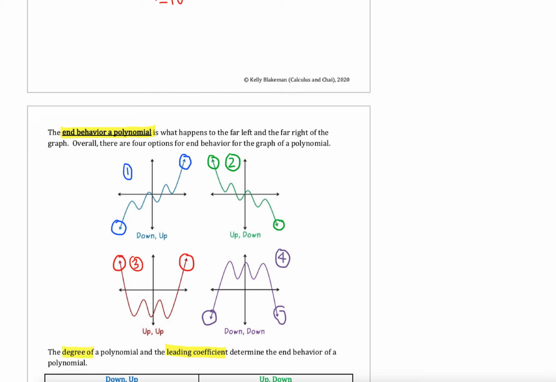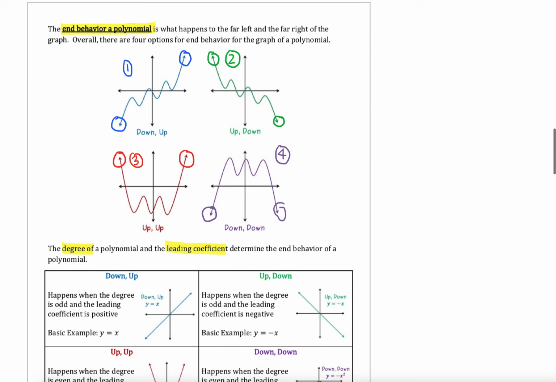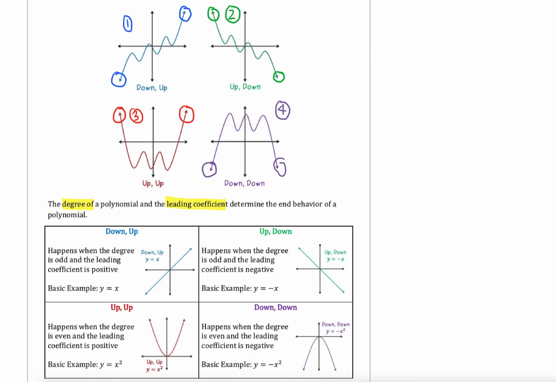So the degree and the leading coefficient determine the end behavior. So let's look at these 4 cases then. So that down-up first case that we had from before, this happens when the degree is odd and the leading coefficient is positive. The most basic example of this would be the linear function y equals x. Because in this case, our degree is 1, since that's our highest power, and our leading coefficient is also